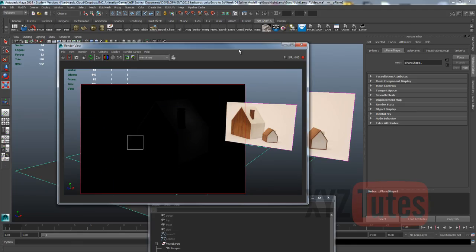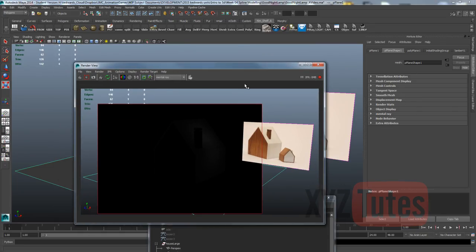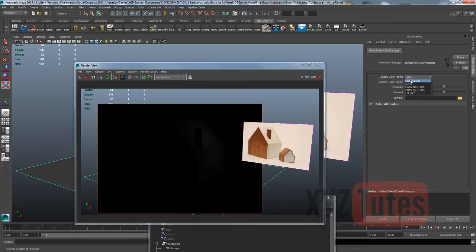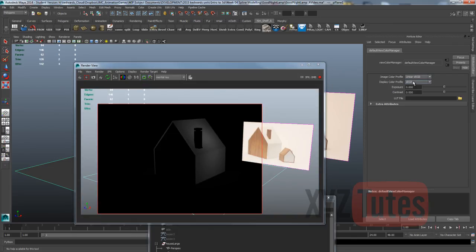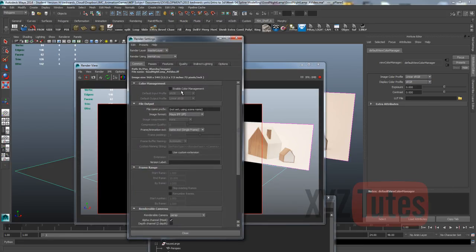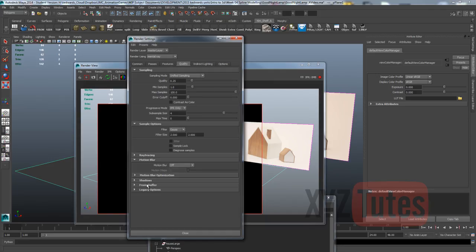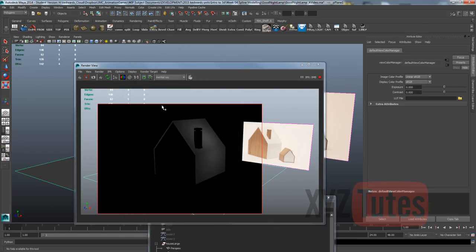and that's that. Now this is coming up very dark because we want to be in a linear lighting workflow. If you don't remember how to do that, refer to one of the previous tutorials, but just go to color management here. We're going to be inputting into our viewer a linear image and displaying the sRGB. The reverse is going to be true in terms of what we're bringing in. Textures are going to come in an sRGB color space. Default output profile will be linear, and then we'll make sure we're working in the frame buffer for 16-bit channels. Brilliant. So now when I render again,